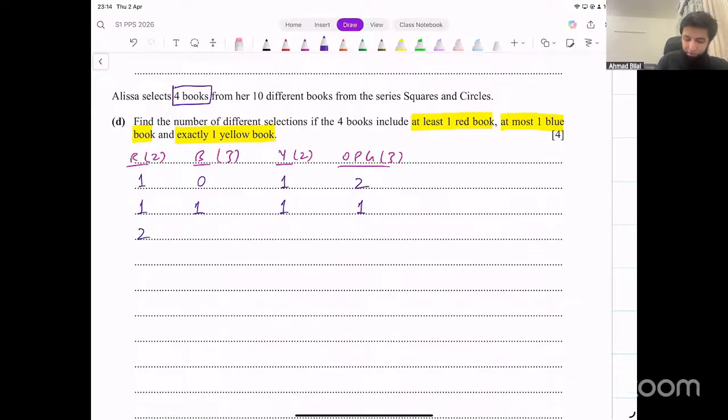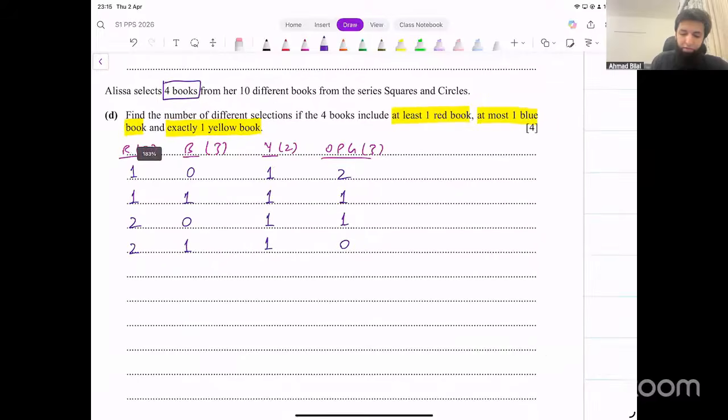What if we have 2 red books? With 2 red books, we can have 0 blue, and then 1 yellow, and 1 other. And then with 2 red books, we could have 1 blue, 1 yellow, and 0 other. These are the only 4 cases that we're getting from this. Makes sense, right? In how many ways can we do this now? Out of the 2 red books,